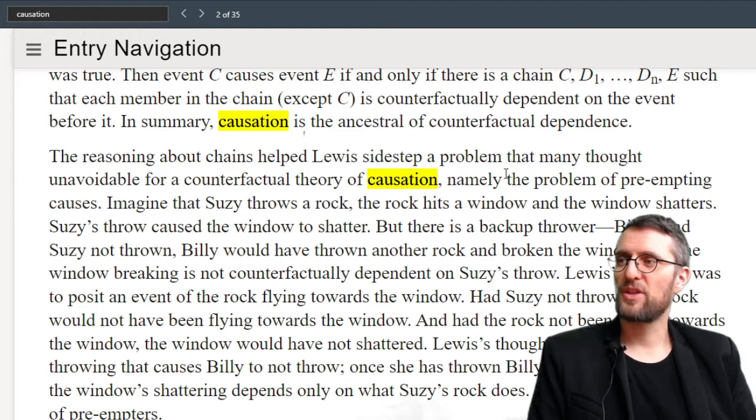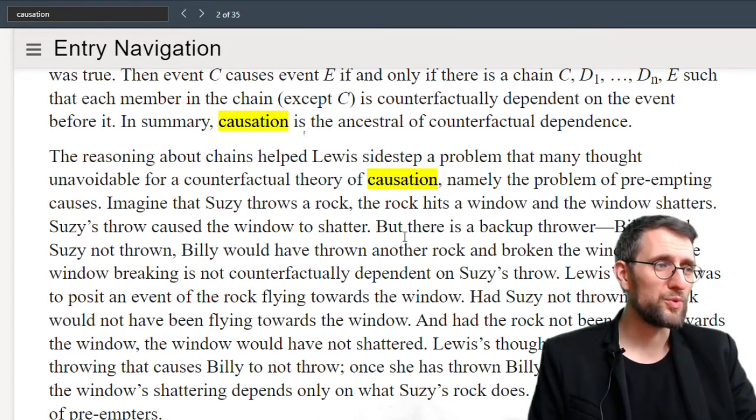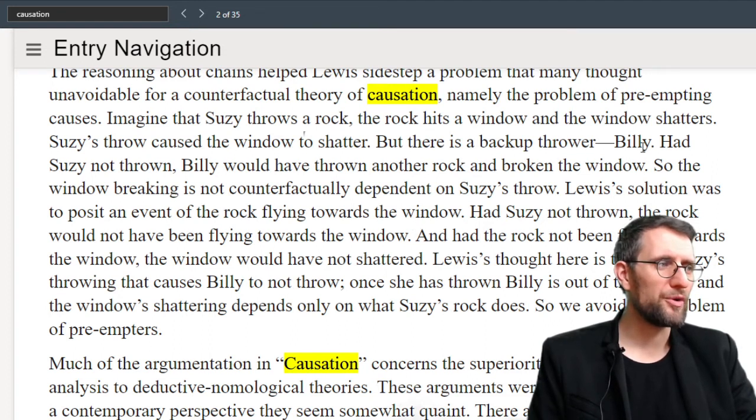Here's an example. Imagine that Suzy throws a rock. The rock hits a window and the window shatters. Suzy's throw caused the window to shatter, but there is a backup thrower, Billy. Had Suzy not thrown, Billy would have thrown another rock and broken the window. So the window breaking is not counterfactually dependent on Suzy's throw. Lewis's solution was to posit an event of the rock flying towards the window. Had Suzy not thrown the rock, it would not have been flying towards the window. And had the rock not been flying towards the window, the window would not have shattered. Lewis's thought here is that it is Suzy's throw that causes Billy not to throw. Once she has thrown, Billy is out of the picture, and the window's shattering depends only on what Suzy's rock does. So we avoid this